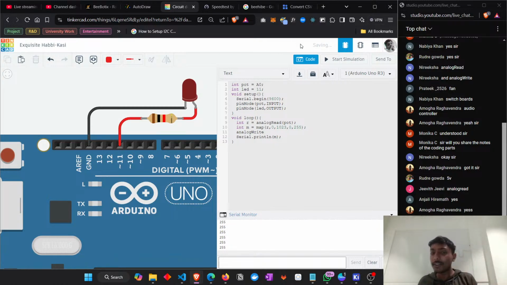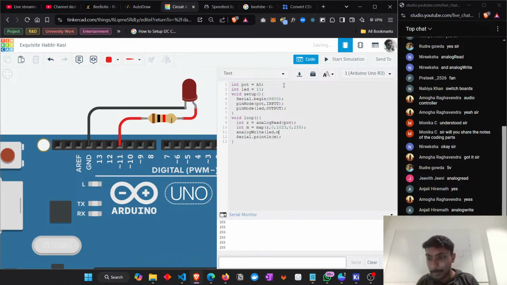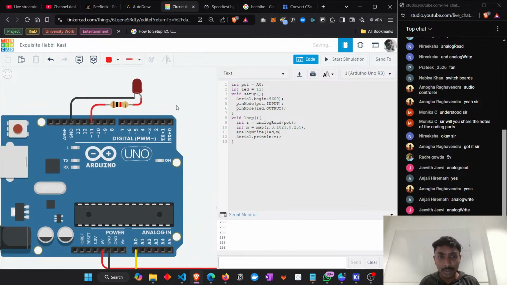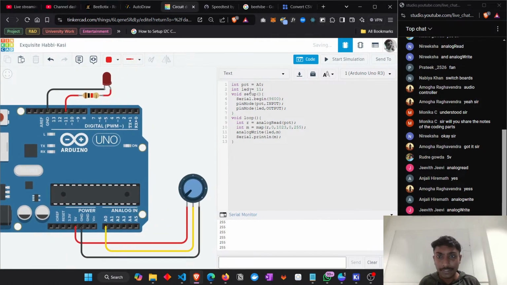So now after reading it, we will write it. analogWrite. Now which pin are we writing? LED, right? And how much pulse should I generate? You know where the pulse value is kept? M, right? I'll just write M here. Okay. Now if I try to run this code again,